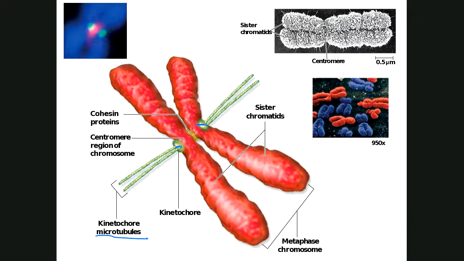Remember in chapter 4, we talked about microtubules. Microtubules were part of the cytoskeleton. You remember the intermediate filaments and the actin filaments. And again, all those were components of the cytoskeleton, and they had all kinds of jobs. Amoebas used them for making pseudopods. Cells used them to form structure. And I think even back then, I know I mentioned that microtubules are also involved in chromosomal movement. All right, so this is what you're looking at here. There are going to be these kinetochore microtubules that are attached to the kinetochore, which are attached to each sister chromatid at the centromere, and those are held together by cohesion proteins. All right?